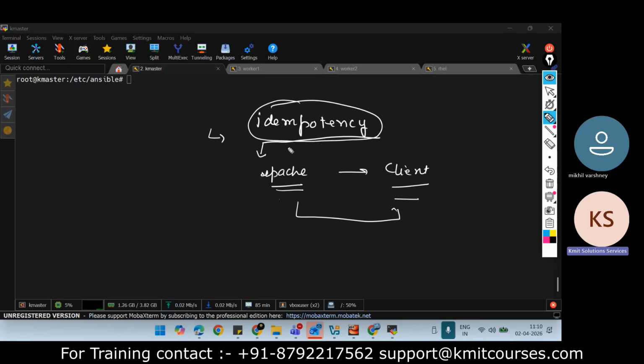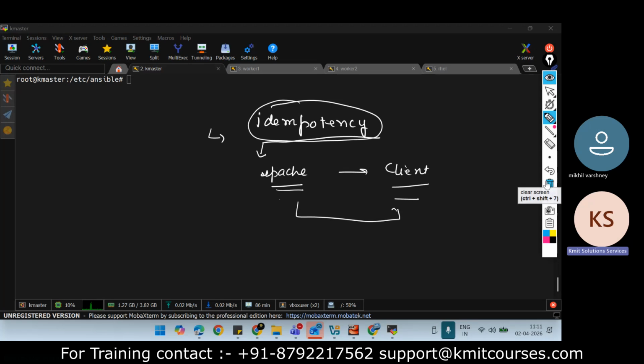In normal cases, for example, if Apache is already installed and you write the Apache installation command again, it will run, and after execution it will realize Apache is already installed, and give you the output that there is nothing to update because everything is up to date. But in these configuration management tools, they check if the desired state is already there, and if so, they don't do anything. No action is taken.